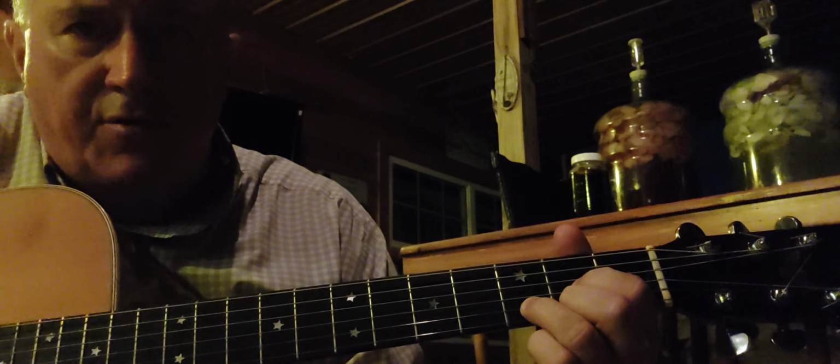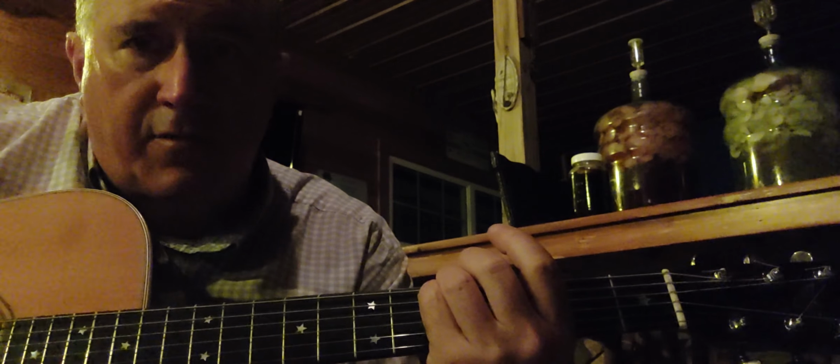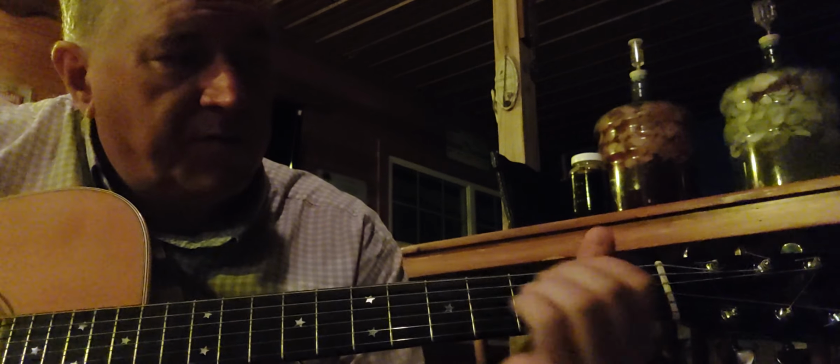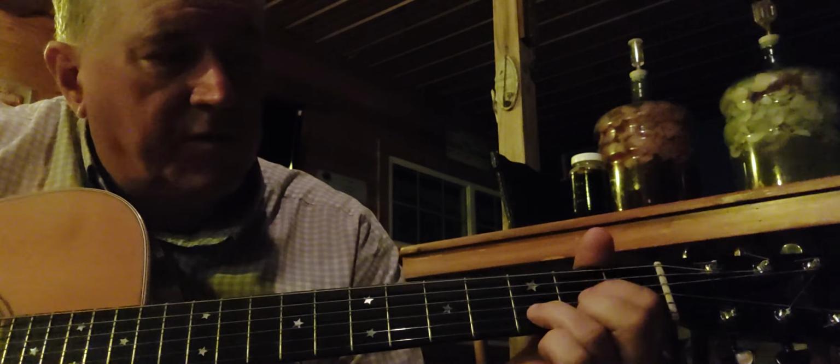And then to do a G in drop D or double drop D, you're going to come up to the 5th fret and I use my 2 fingers here, I'm going to go on the 5th and 6th string and play it like that. That's my G. So it goes D, G, A sus4,